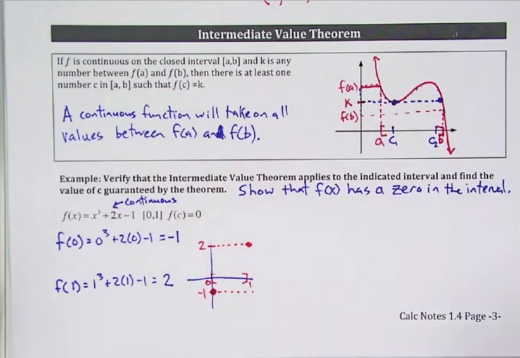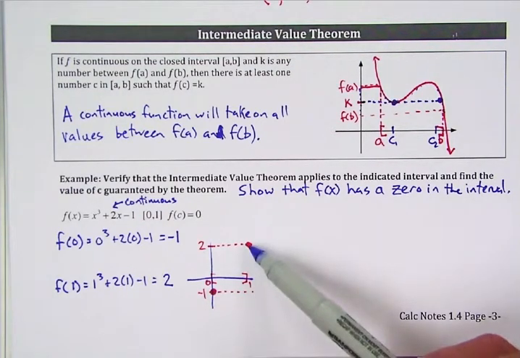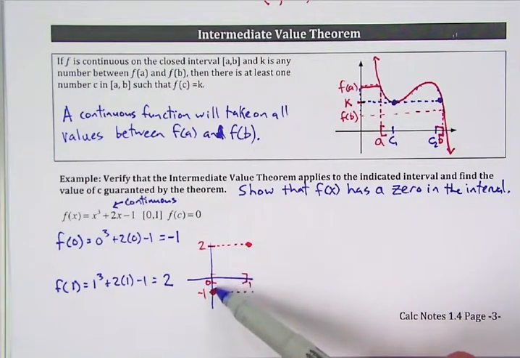So this is sort of like putting pieces of the puzzle together without actually seeing the picture. So the question is, show that f of x has a 0 in the interval. Okay, so if we start here at -1 and we end here at +2, and we know this function is continuous,